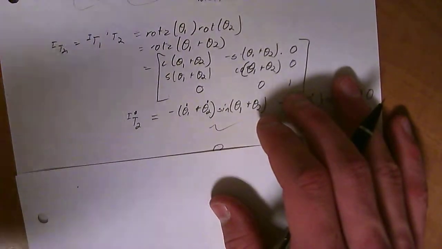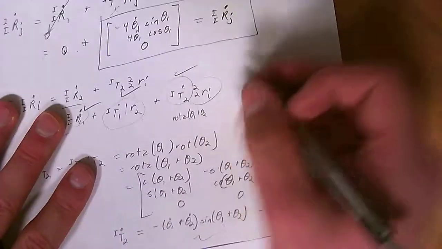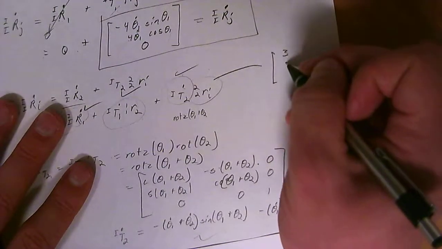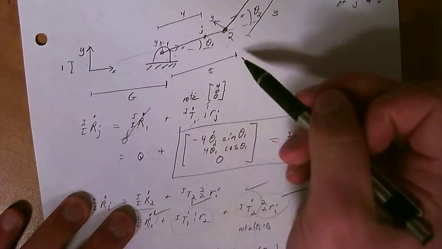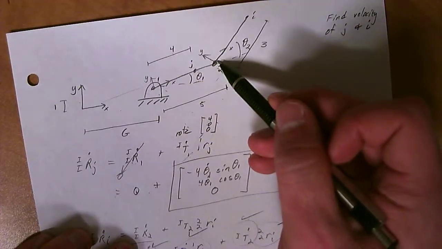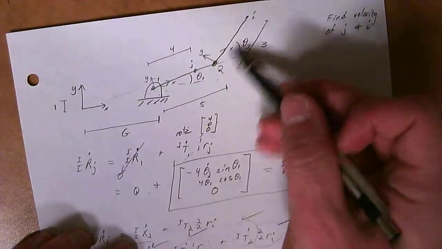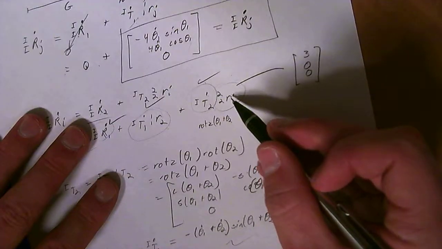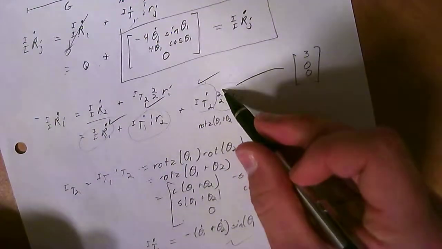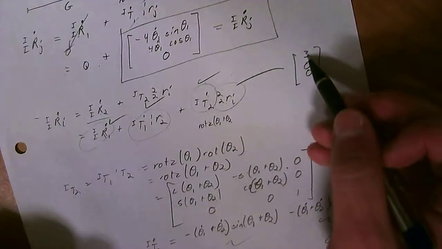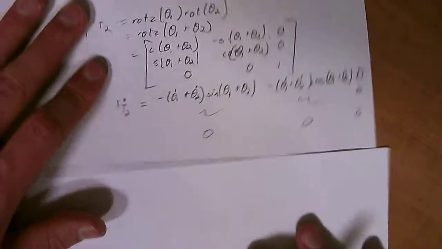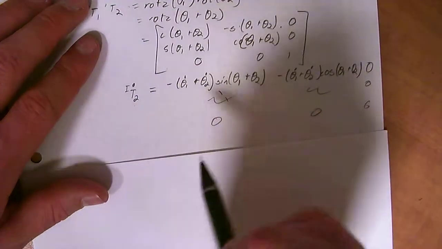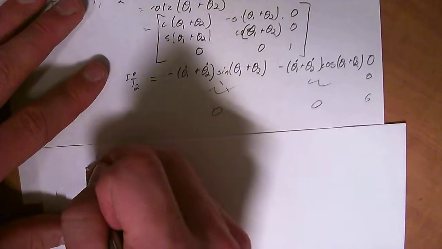If we multiply that now by 2Ri, this is going to be equal to 3, 0, 0. Because, looking at this again, on this vector, in relation to this vector, you move along the x3 and you move in no other directions. So 2Ri, from 2 to I, with respect to frame 2, you move along the x-axis 3. So that's where that vector comes from. We're going to multiply it by this matrix, which hopefully you just made. And what you'll end up with is